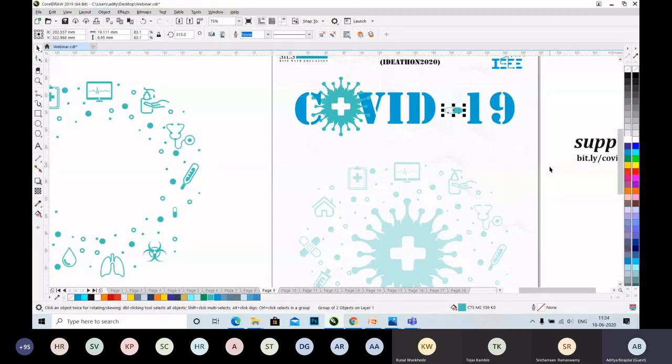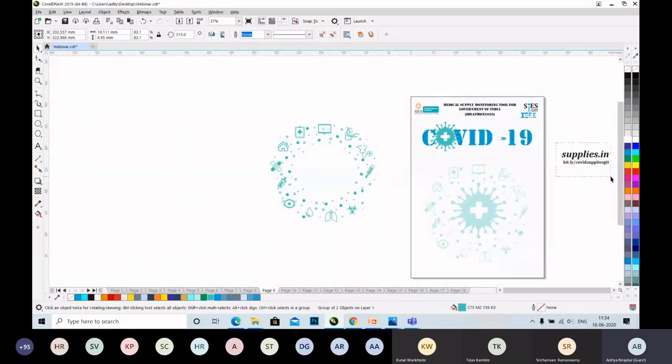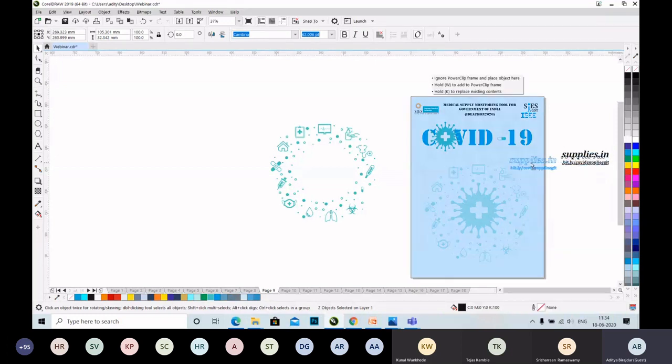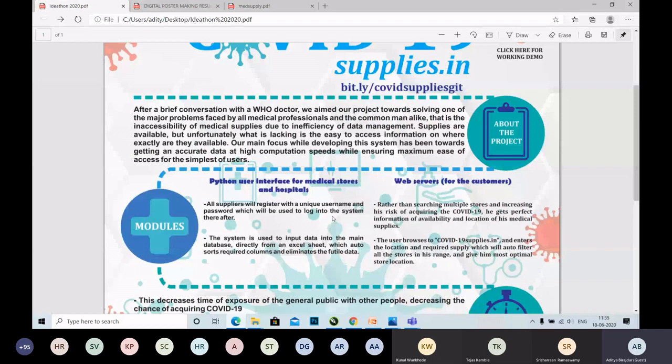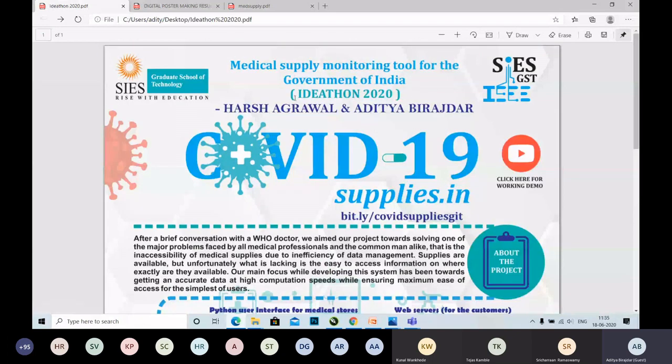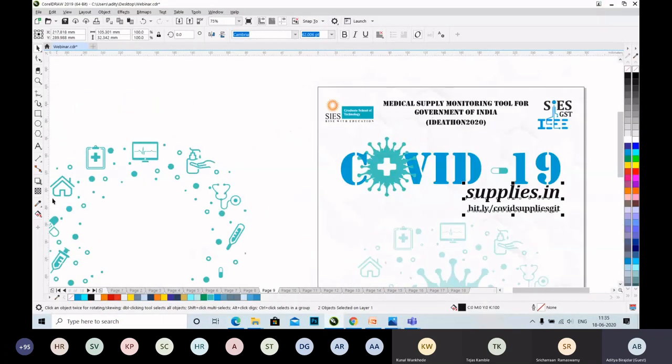Next, we will be placing the necessary text in their respective places. Again, it's up to you how you place your contents. I would suggest not to use many colors for your text, and it is also better if we choose our text colors from the existing background. For example, I have used blue color here because on the SIS IEEE logo we have blue, and this green is picked from here. So we will be doing the same here too.